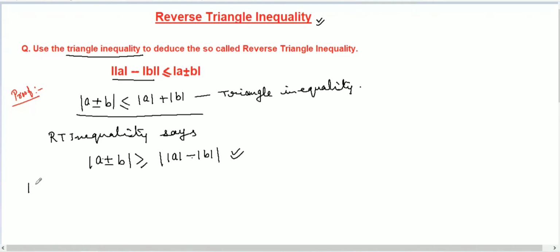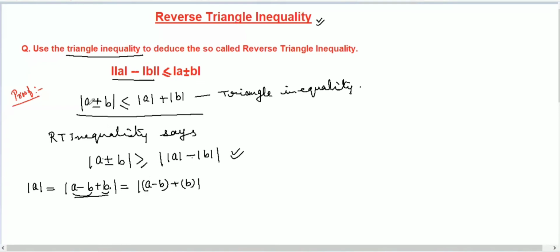Now we will start by taking the absolute value of A equal to the absolute value of A minus B plus B. This will not make any difference. Both sides are the same: if you cancel plus or minus B, it will be the absolute value of A only. I'm writing it this way: the absolute value of A minus B, I'm taking in the bracket, and plus B. So we just separated these two terms.